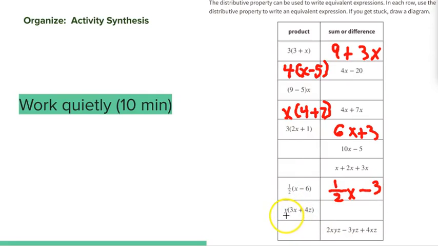What about this one? We got y times 3x plus 4z. Yeah, now we're getting some complicated stuff. Now we got 3xy plus 4zy. What about this one? What's the common thing here? Yeah, it's that z, isn't it? We got a z in every part of it. So we're going to start off with z. If I divide out the z, I've got